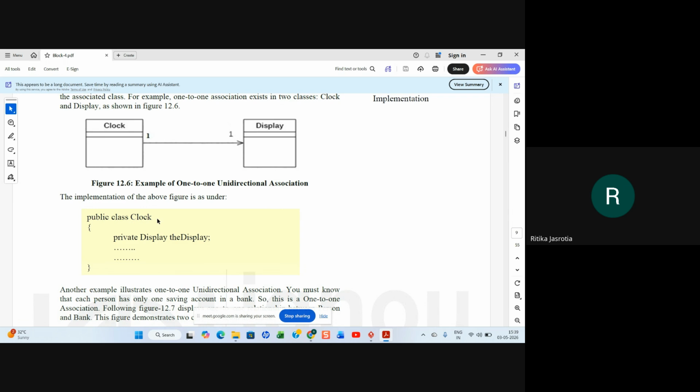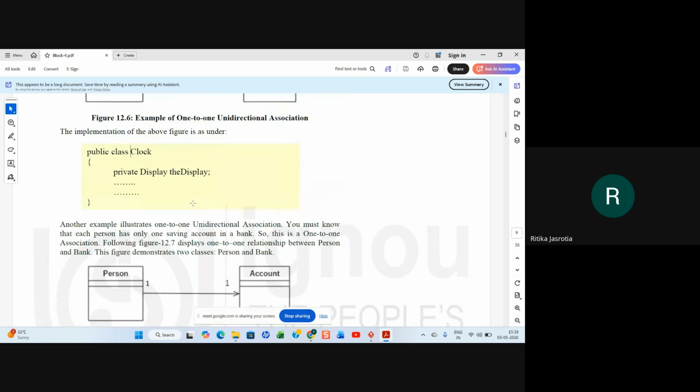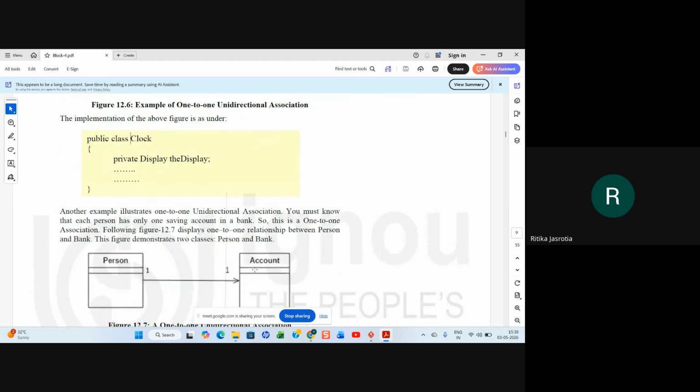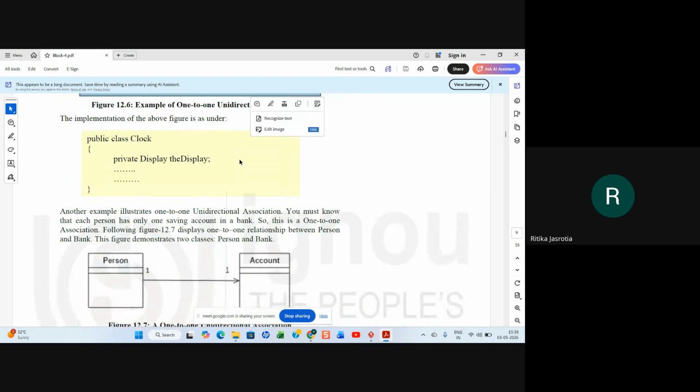So public class Clock, and you can make a public class Display also. You can have a private Display, an object of the Display class, in the Clock class. And the same way you can have a Clock object inside a Display object, one-to-one relationship.